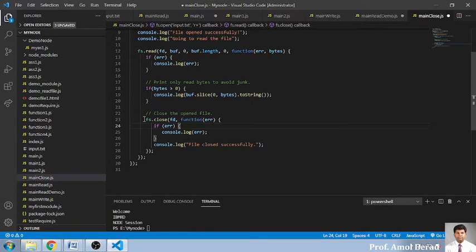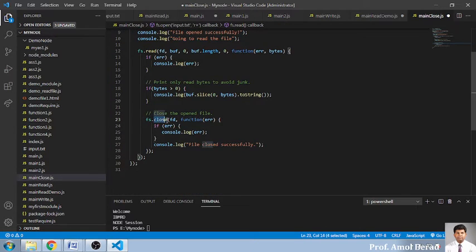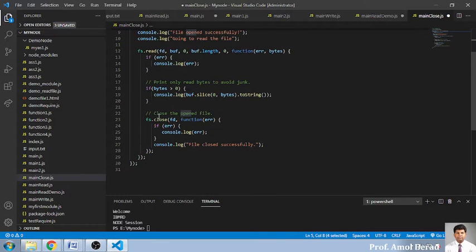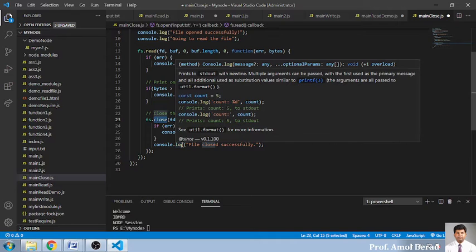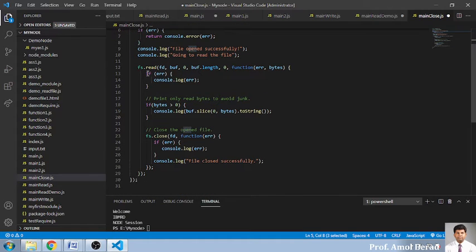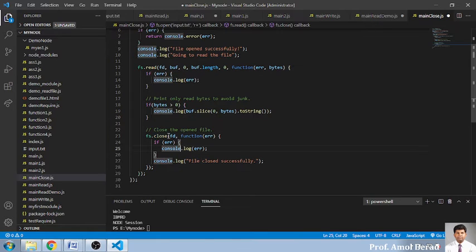Again, very simple example. Whenever we are closing a file, it is again the file system. ये object हमने बनाया है, that is dot close. जिस तरीके से हम read करते हैं, जिस तरीके से हम open करते हैं, उसी तरीके से we can go for closing a file. So this is actually the systematic way that whenever we are working with any file system, first go for opening a file, then go for reading the content or writing your content, and then finally you go for closing the file. This is the good habit of a good programmer.